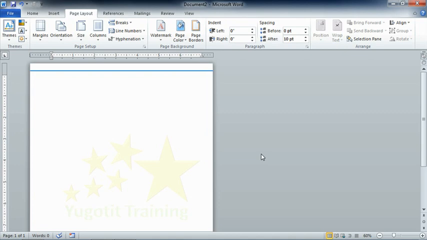We probably won't use them a majority of the time, but when we want them, watermarks along with page color and page borders offer quick ways to dress up a document with just a few clicks and get the touch of class that we may